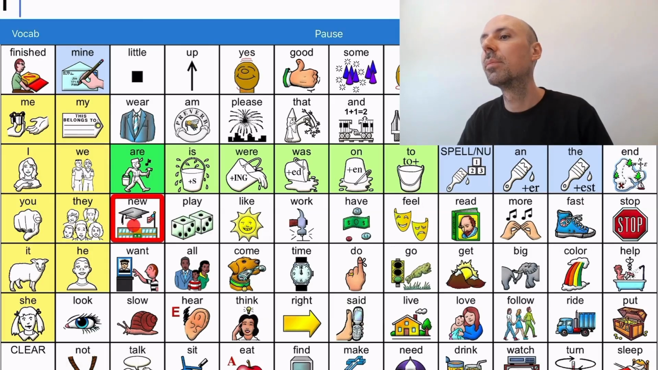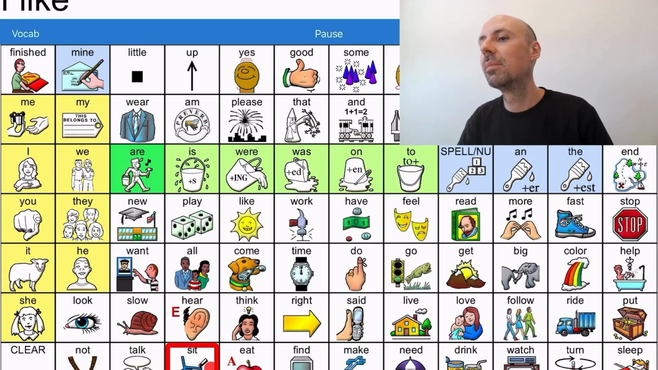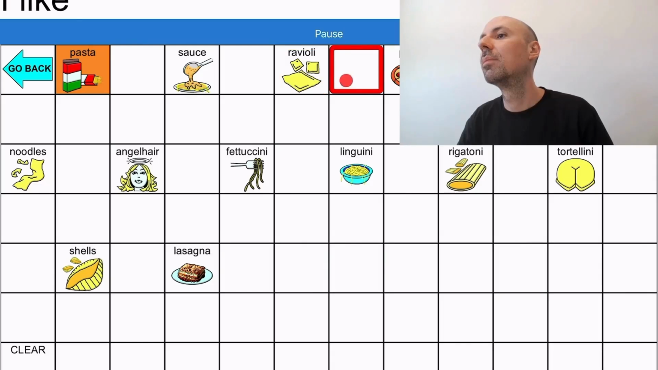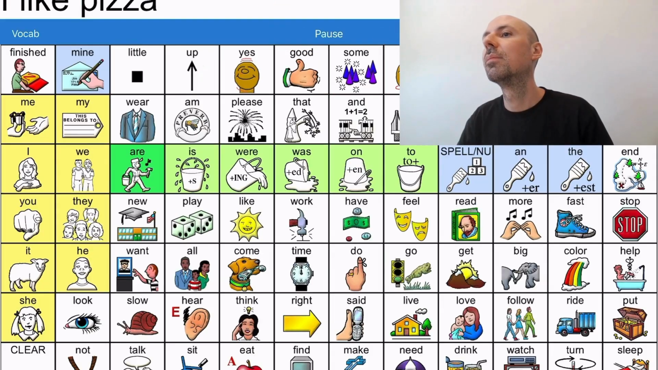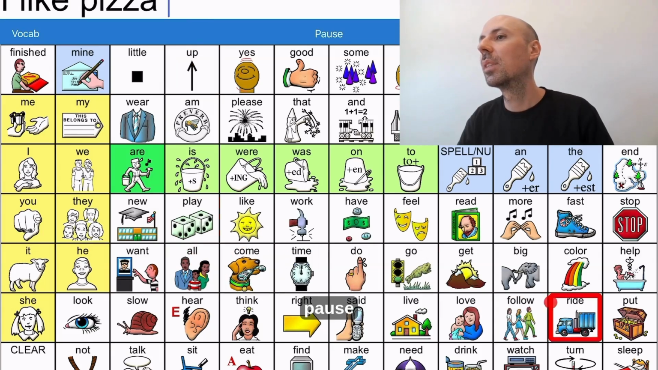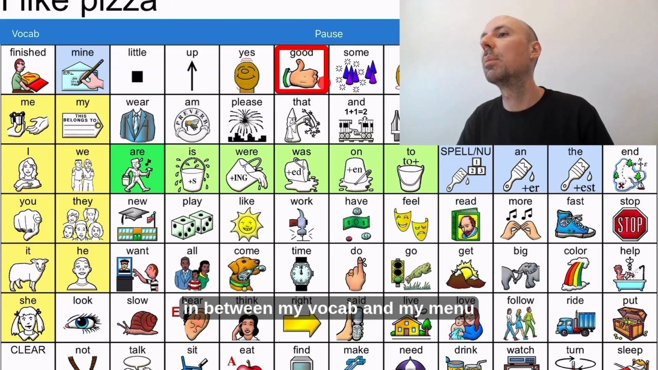I like pizza. I like pizza. So, to pause the head tracking, I've got that option in the middle here, in between my